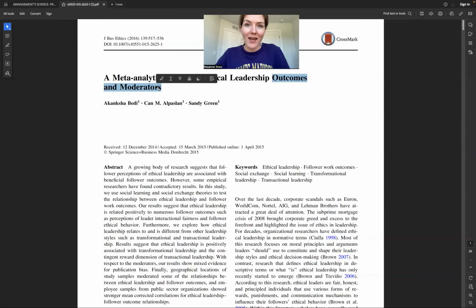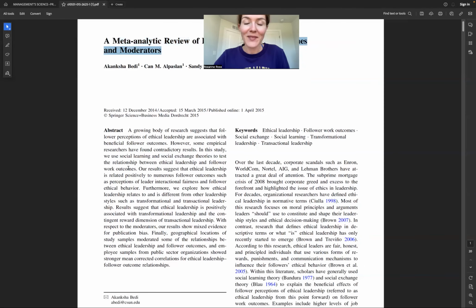as an outcome. Another way we can identify if this article is something that we're interested in is by reading the abstract. For all of your articles, you'll want to read the abstract. It's a nice, pithy way to summarize what's going on in the study. So the abstract is there to allow you to have a sense of whether or not you should read this article in more detail. In this case, we see good terms: ethical leadership and associated with beneficial follower outcomes. So this sounds like what we are interested in.